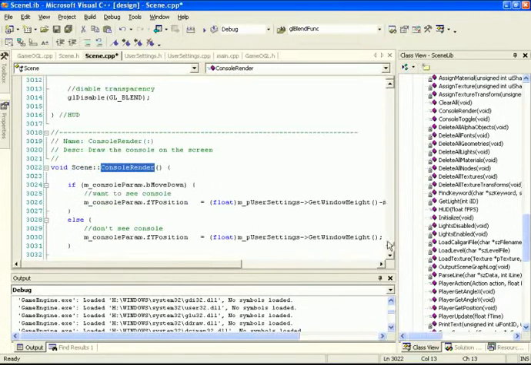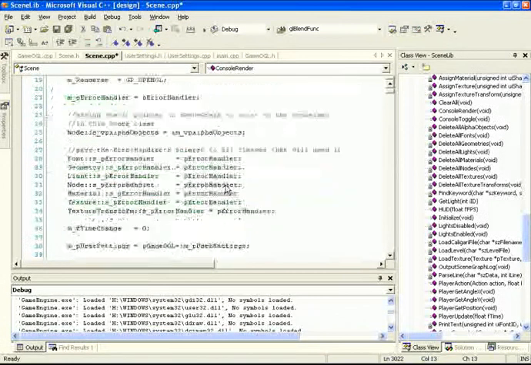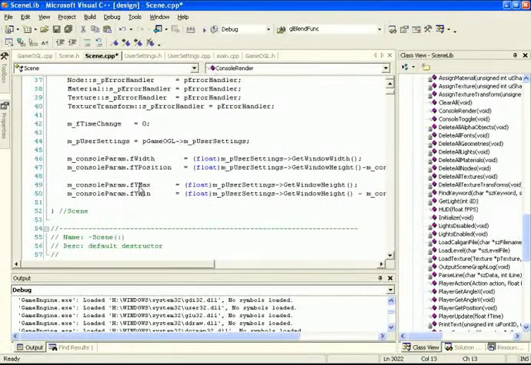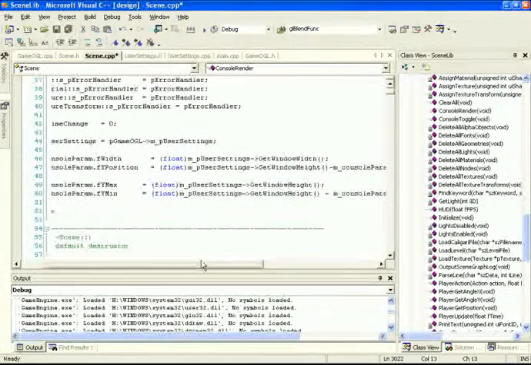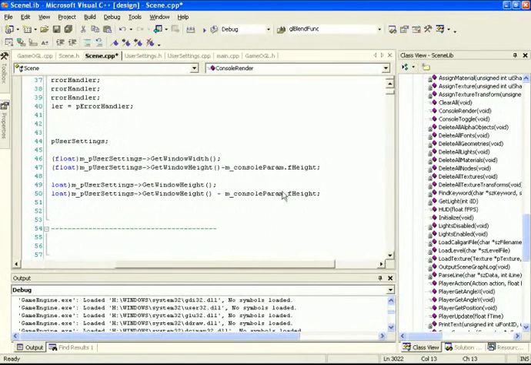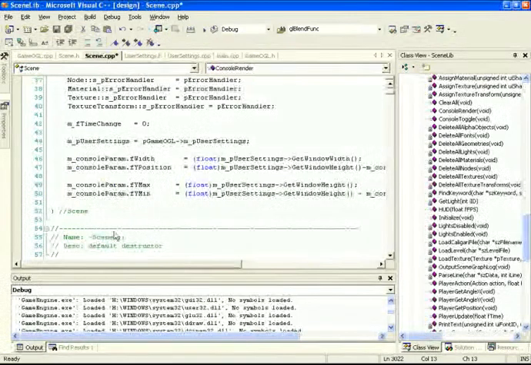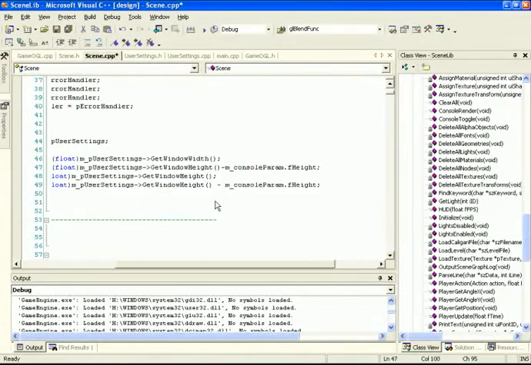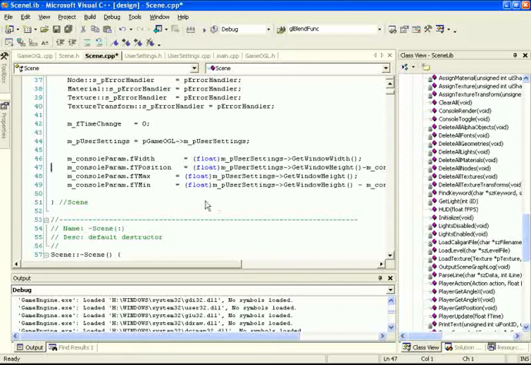If I go back up here now, you'll see that the maximum, when it's off the screen, is set to the height of the window, and the minimum, when it's fully on the screen, we set to be the height minus the height of the console. So those values have now been initialized,